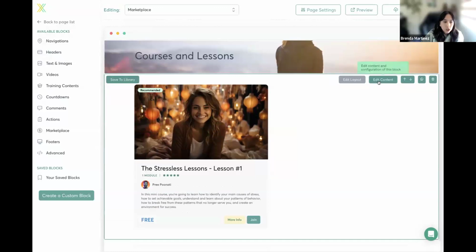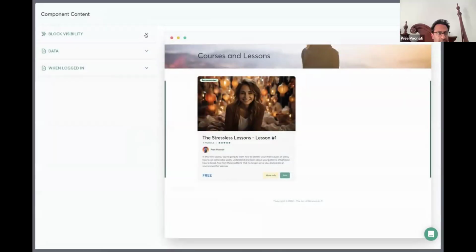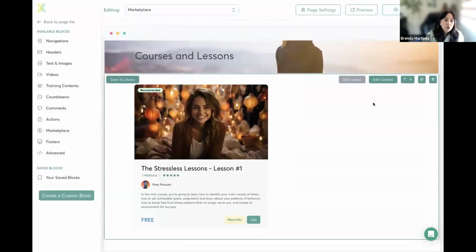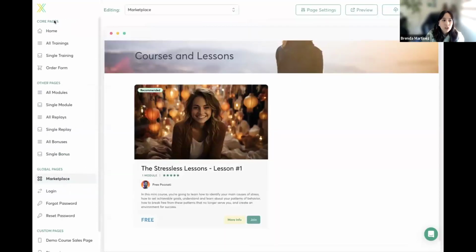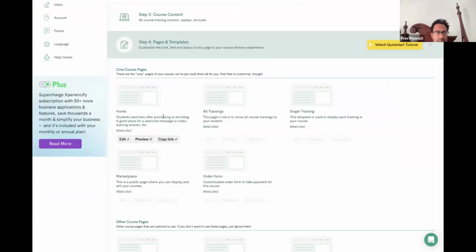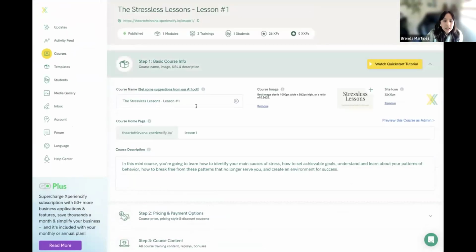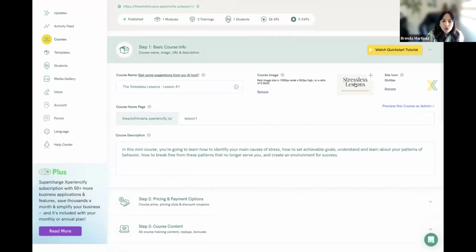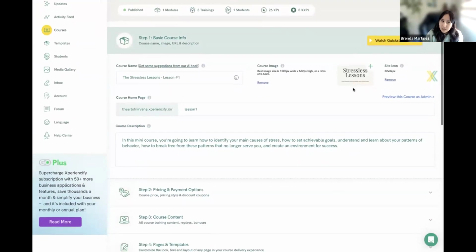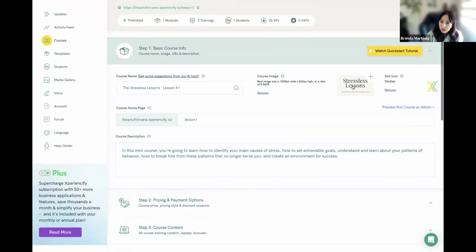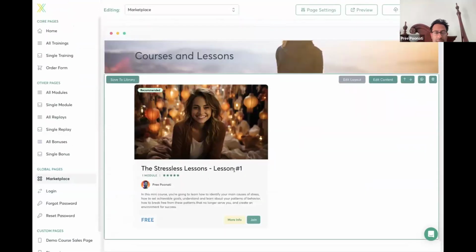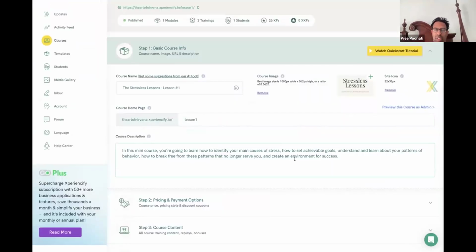That picture, that's the one that you want to change? Yes. Okay, so that happens if you close this and you go back to your course, to the steps, step 1, 2, 3. No, you need to go to the other tab. Oh, okay. And then just go to the step number 1. That image there should be the one showing up in your marketplace. Is this the same course that shows up in your marketplace? It is, but it's a different image.